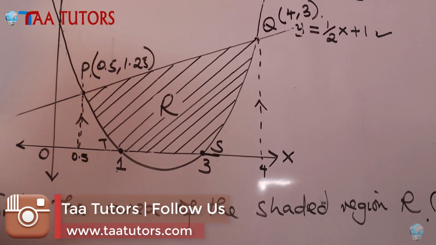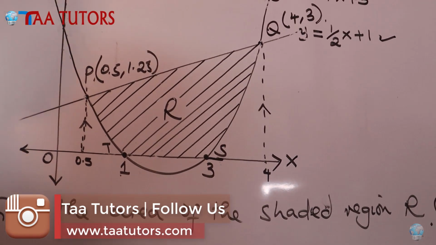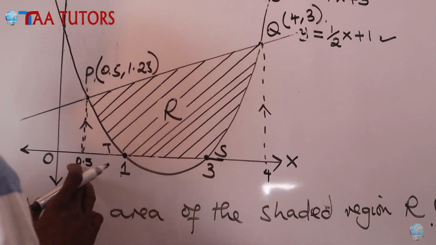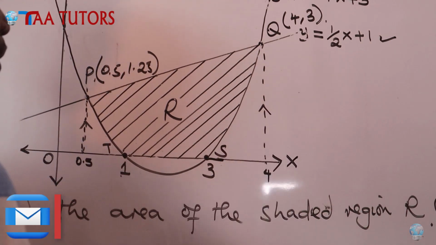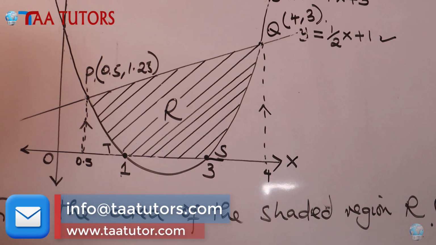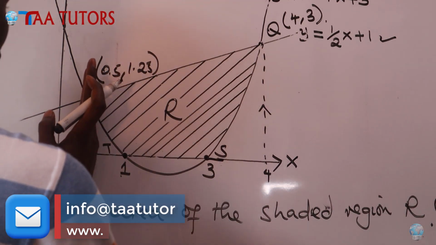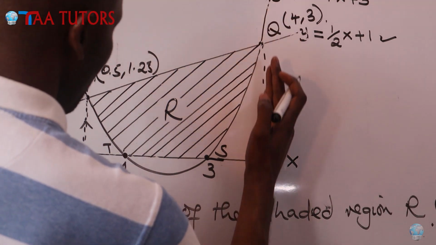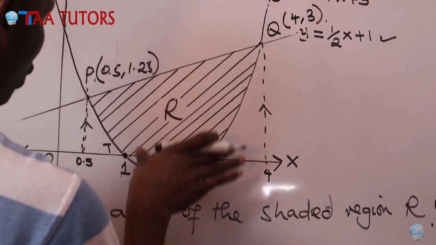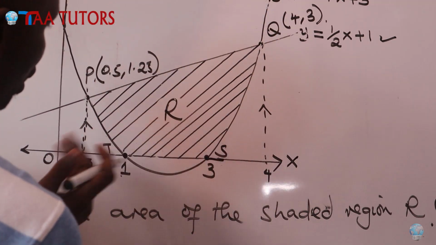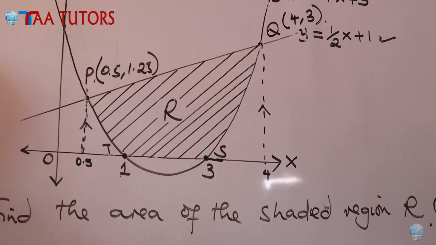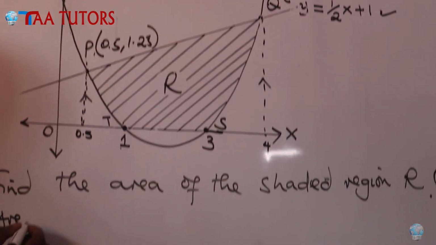And if you don't want to use trapezium, you can still use integration for this within limit 0.5 and 4. But I prefer to go for area of a trapezium, which is the area of the full region from this part to this part here, bound by those particular straight lines. So I'll go for area of trapezium,